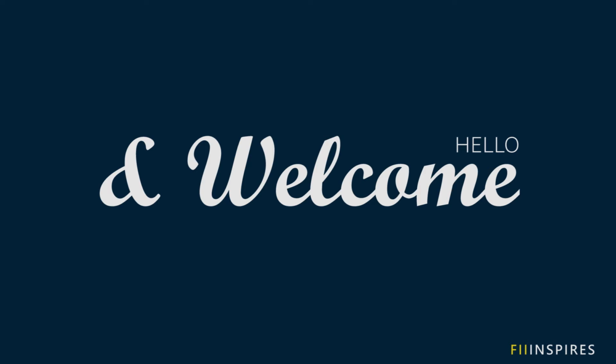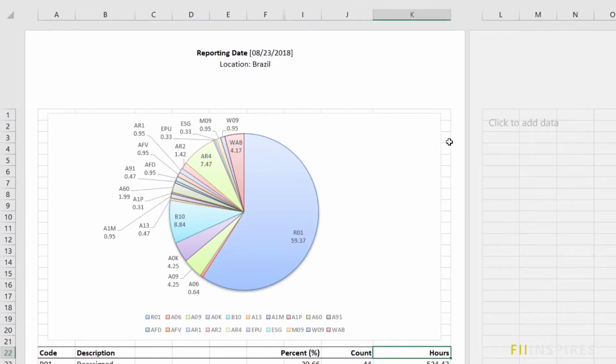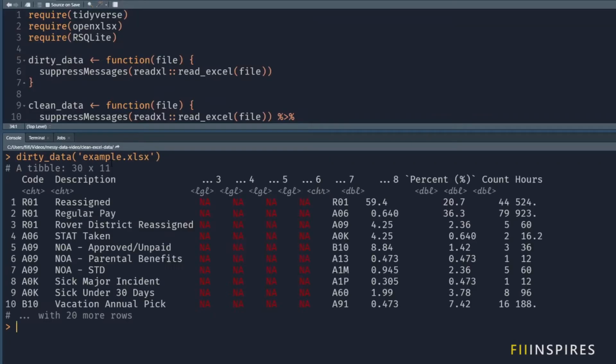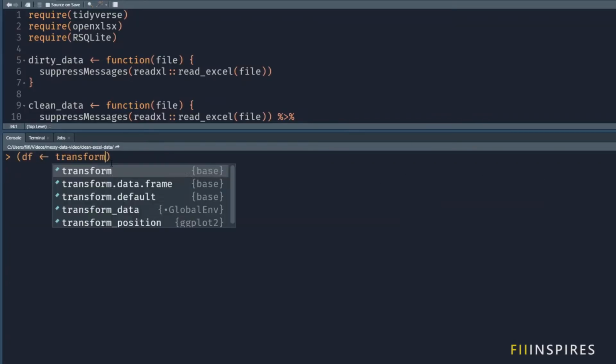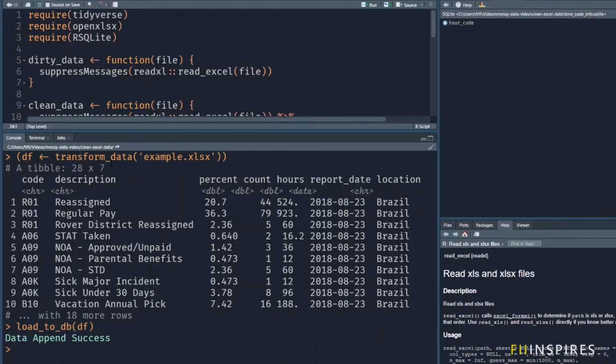Hello and welcome. In this tutorial, we will take this Excel worksheet, extract meaningful information from it, and wrangle it to get this analytic data set. We will then create a relational SQLite database and store our data in it. You can take this as a mini data wrangling project in R, trying to create a data pipeline for your